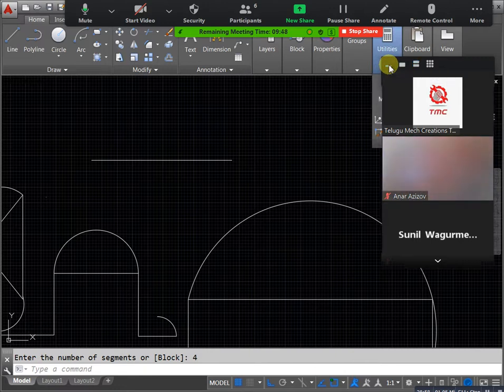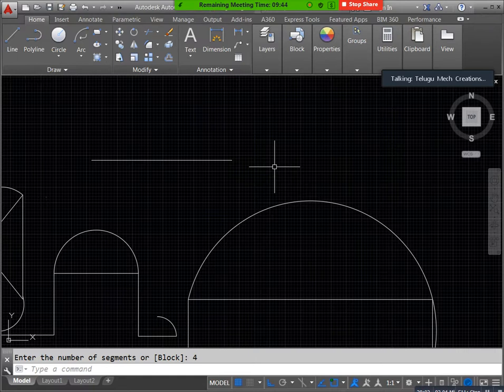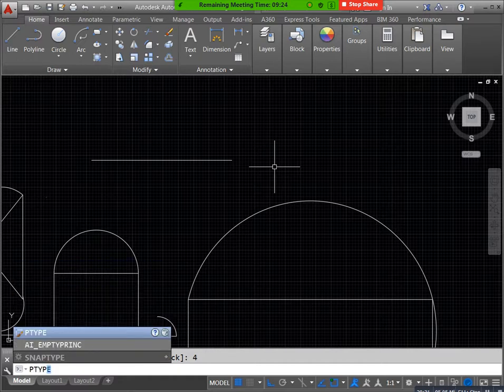In case I select this one, then you click OK. See, our division portion is visible now. Okay. 1, 2, 3, 4. 4 divisions are there. Okay. For this type of application we are using divide and point style. Next, after divide and point style, we will go for the next one.